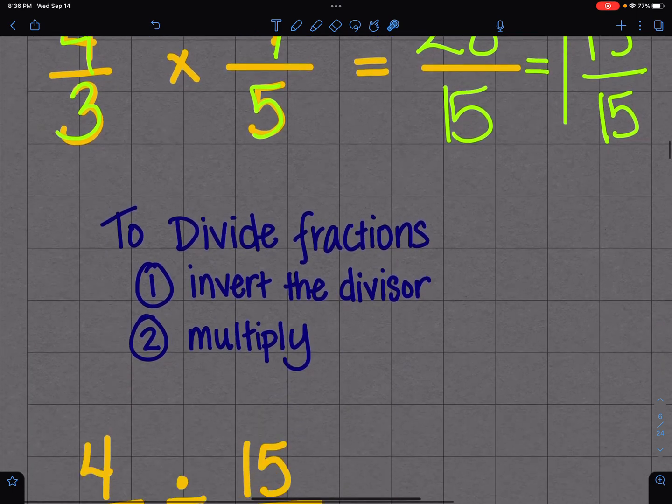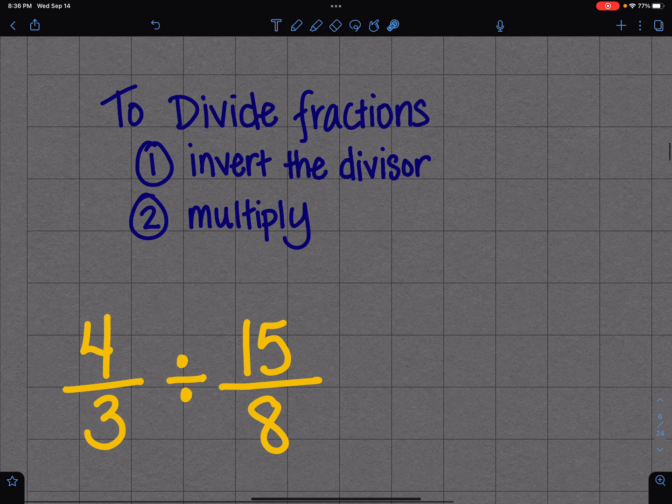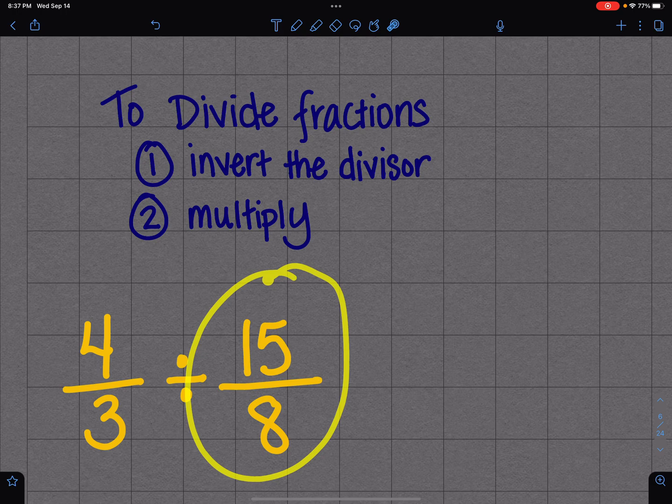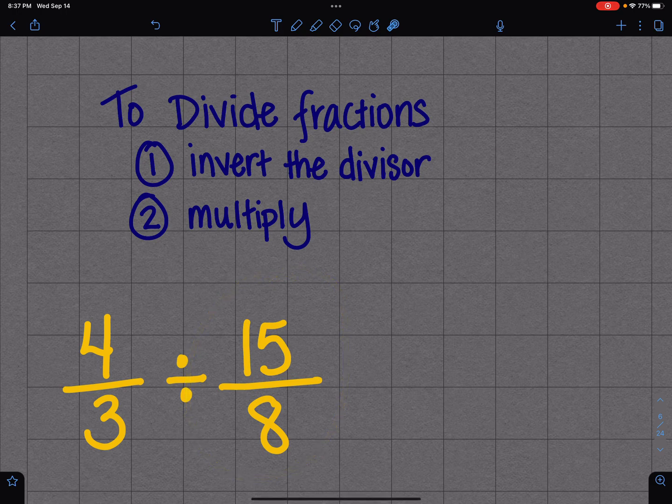Okay, step B. The next part of this is how do we divide fractions? So this is another review on how to divide fractions. I think you know how to do this, but there are 2 steps involved. Step number 1 is you invert the divisor. That means the second fraction that you come across, the one that is the divisor. And do you remember how we did this? The dividend